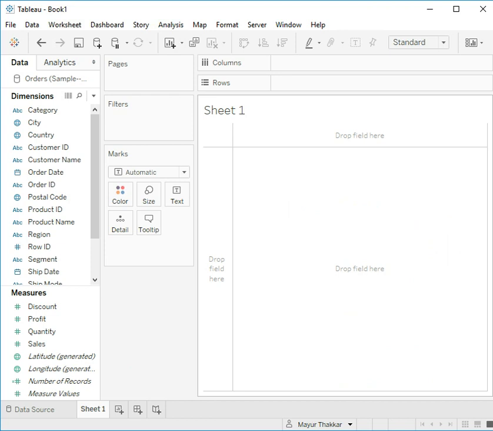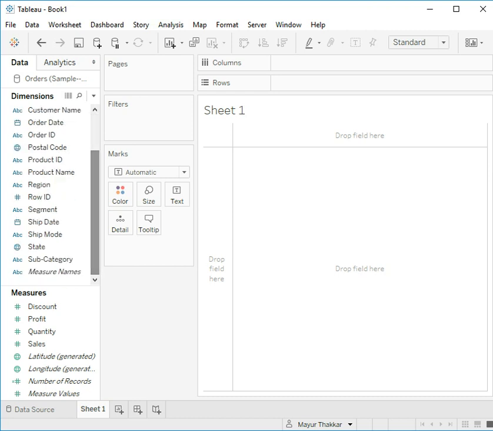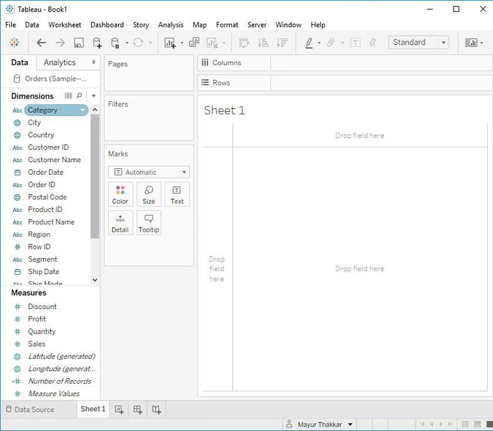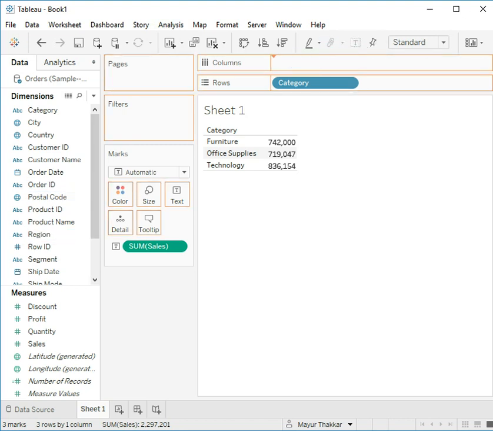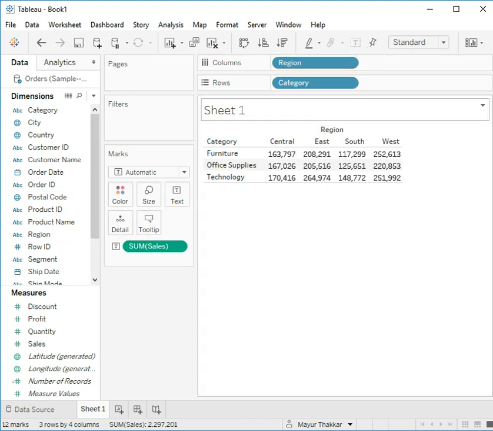The first KPI that I'm going to build is the sales KPI, that is to understand how my products across categories are performing in different regions. So for that, I'm going to first drag category in the rows shelf, and then I want its sales across different regions. So I'm going to drag regions in the columns shelf,